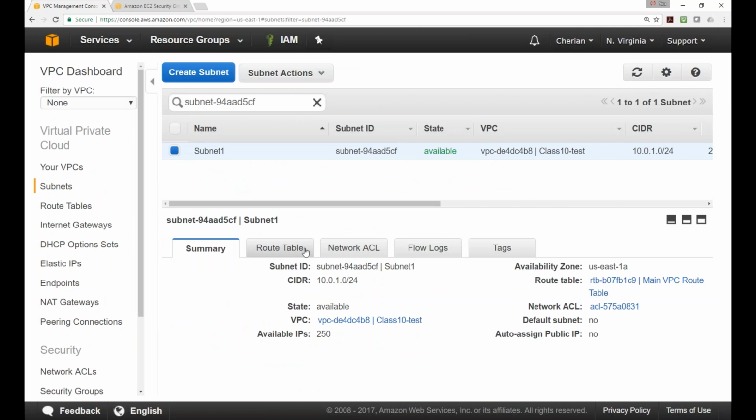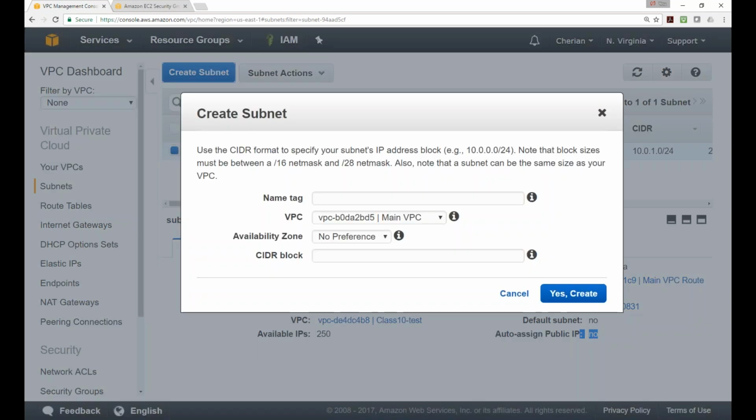Now I told you about a setting, auto assign public IP address is no. You see that option? Yeah. That is why when you create a new instance, you see it disabled, right? Auto assign public IP is disabled by default in a subnet. So when you create a subnet,